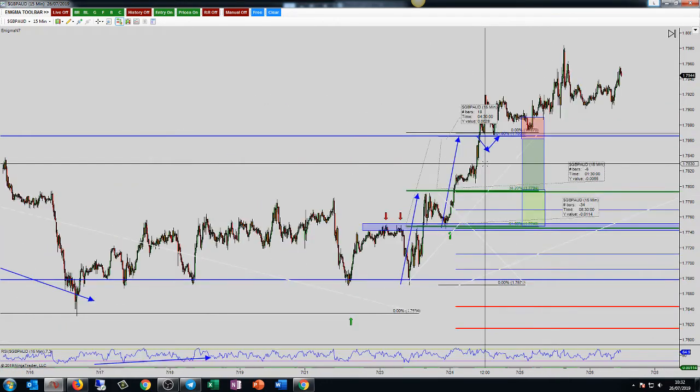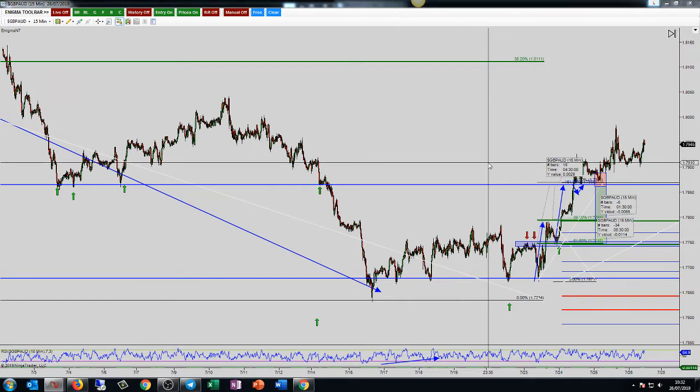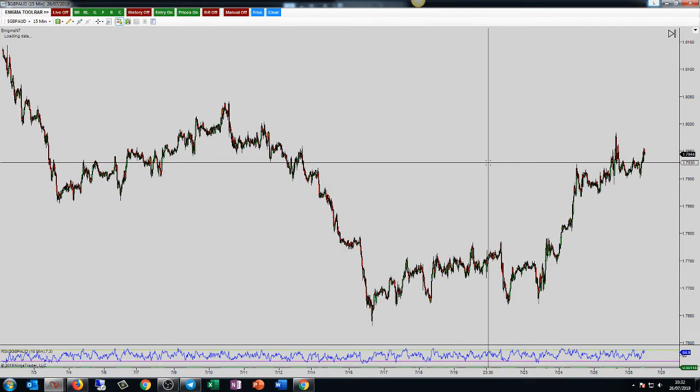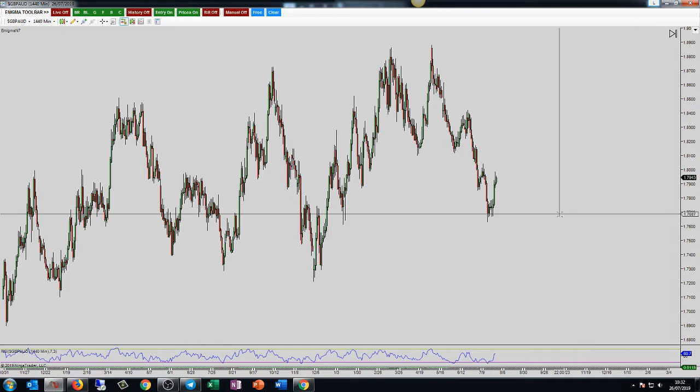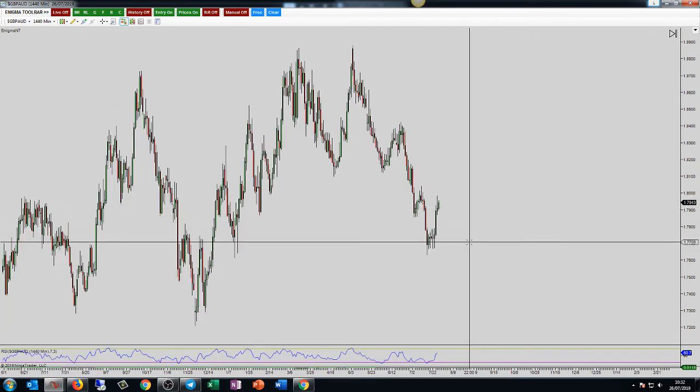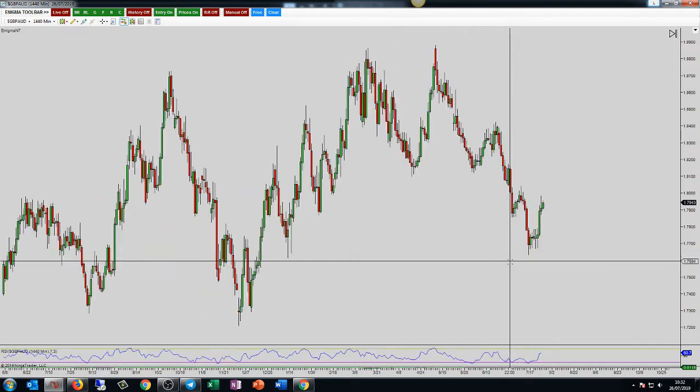Well done to everybody that won on the breakout pattern on the pound Aussie. Was it 50, 60 pips you guys earned? It's only me and Pete, I think, that never got our targets hit on it. I don't know why my target wasn't hit. It went up to that structure level, but it just never got filled.